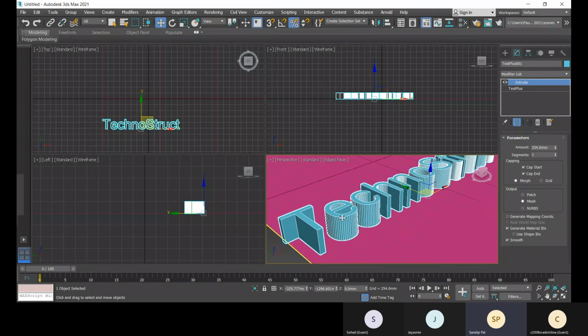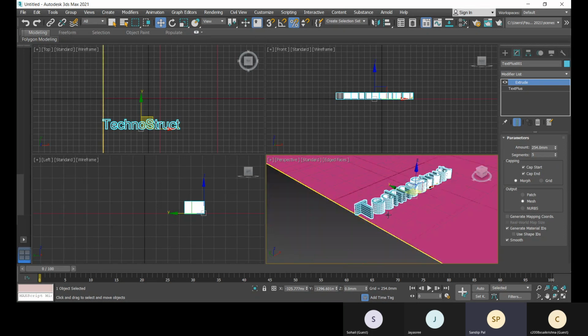So if you later convert it into poly modeling, you will have more power to modify it and change it into some different shape and form. So that's why you can add segments this way. Because we are extruding, it will have the segments in the Z direction. So you can add it if you want.